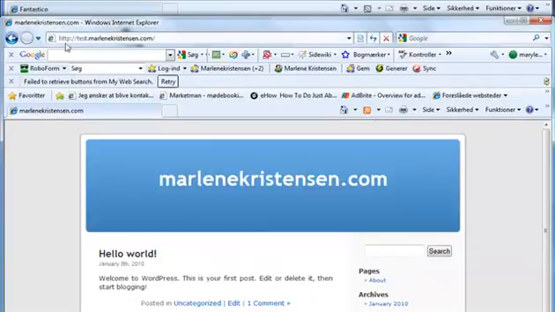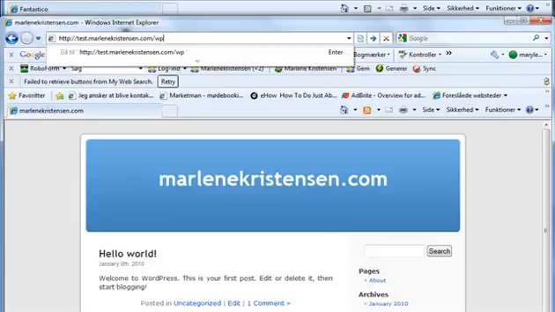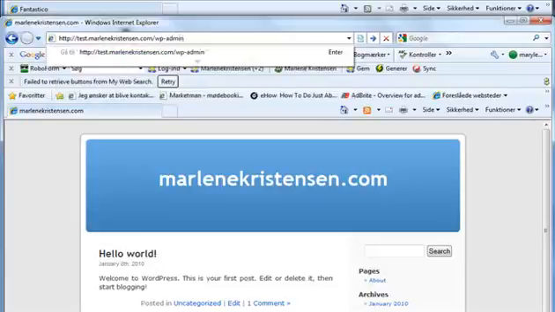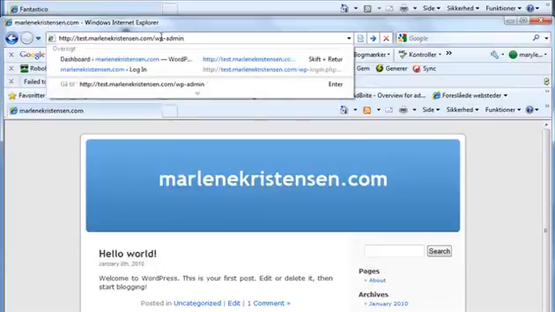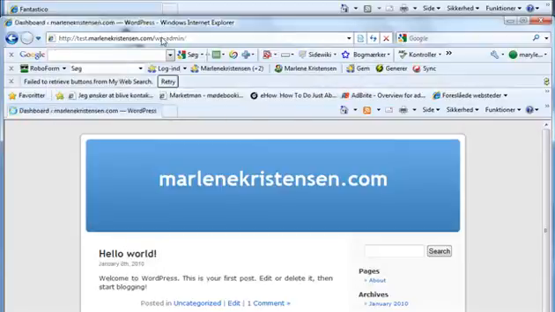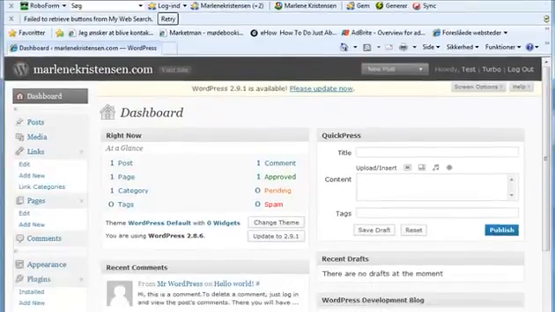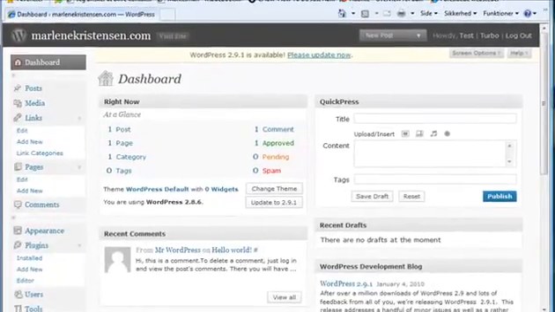You can see this is on the test.marlenekristensen.com domain, and this is the name you type in when you visit your blog. And if you have to go and administer it, you just type in wp-admin. And you're back to the admin panel.